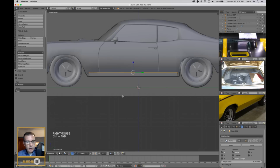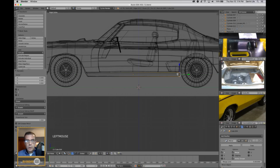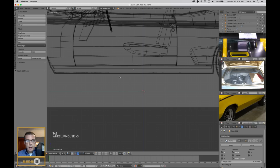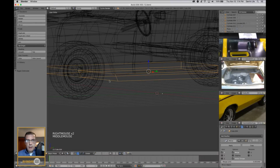Well, maybe I better grab these points here and just pull those out like that. And this here like this. And these can go all the way back to here. Okay, so all I'm doing is just trying to get that metal piece down there. And I think